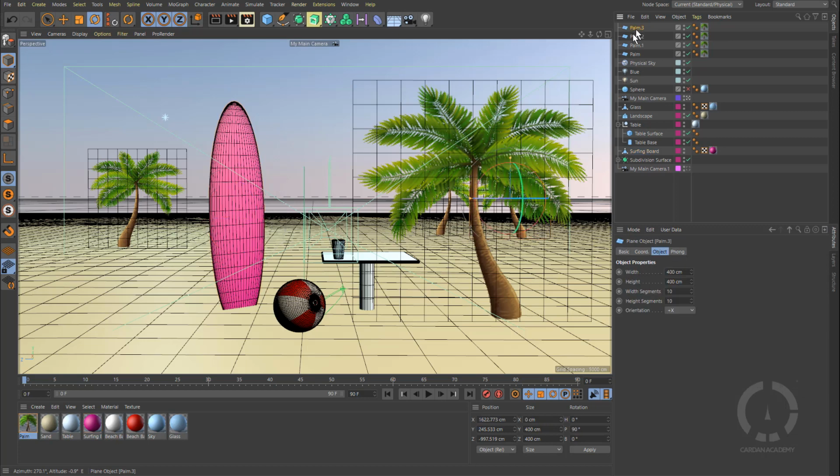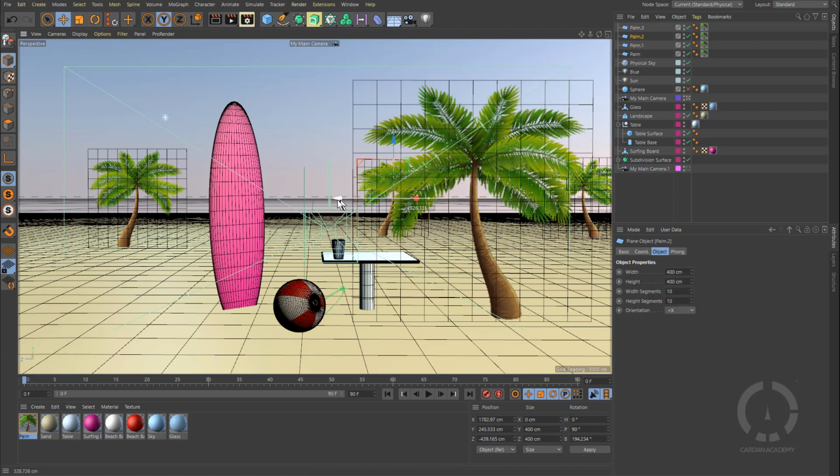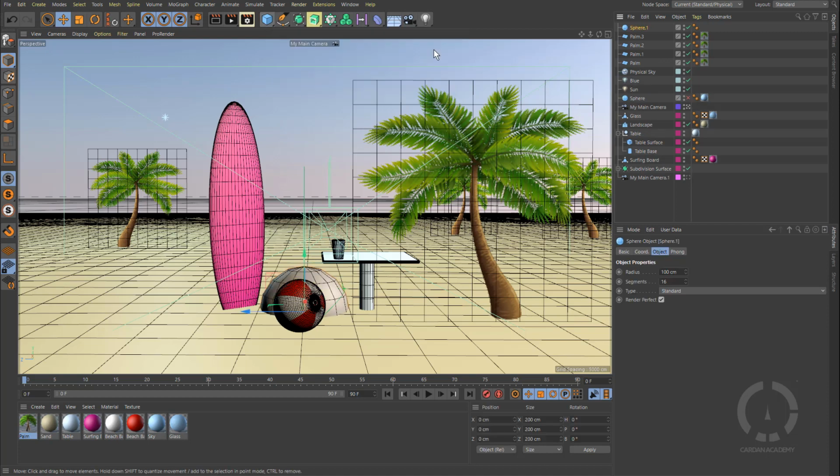Now you can select your palms from here, and you can place them in a different region if you want to. So let's say that you want to see them like this, probably here. I want to make it in there. And that's pretty nice. Now another thing that I can do in here is I'm just gonna bring another sphere,